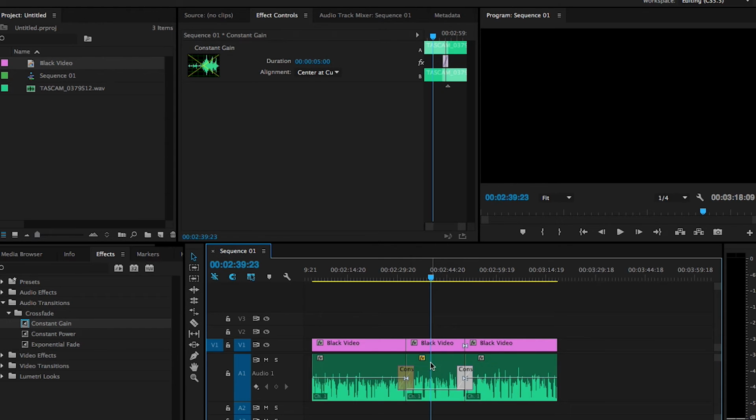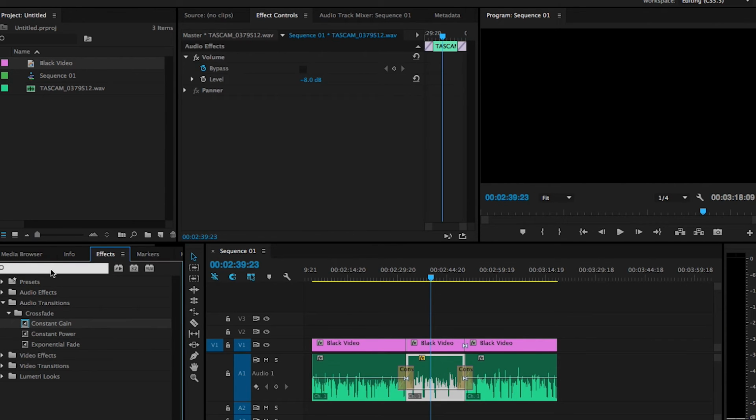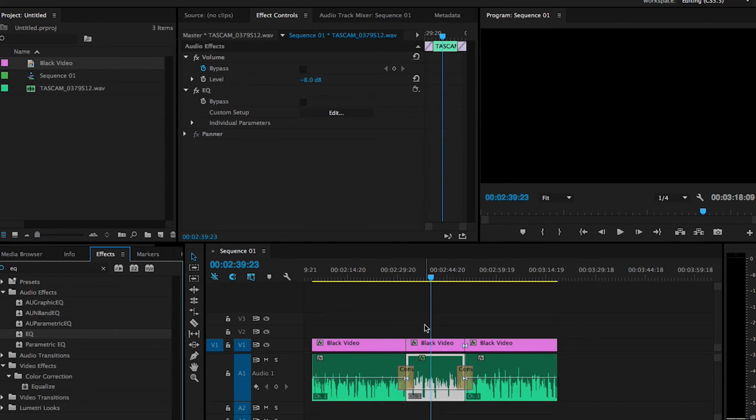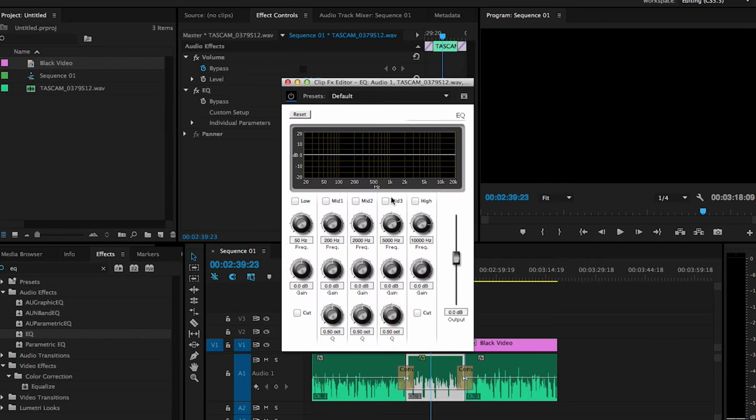The other cool thing about this is you can add specific effects. Oftentimes I'll add an EQ. Let's say this section is where someone's talking, so I don't want those higher end frequencies competing with their voice. So I'll add an EQ to this middle clip, come in here, knock my highs down, maybe even pull my mids down, and expand that out a little bit,